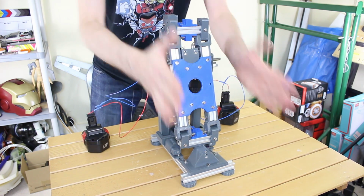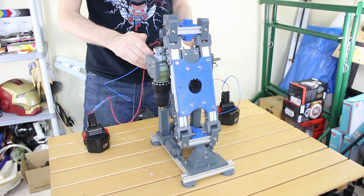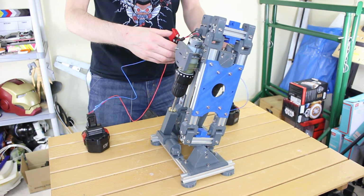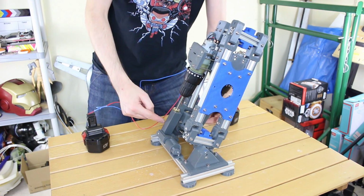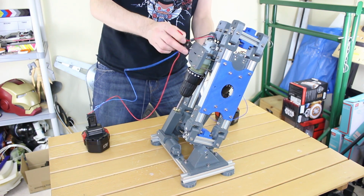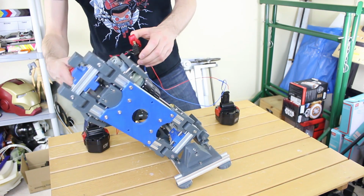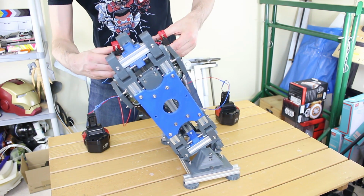And of course it's both motors pushing and pulling, and that's going to be the main load that lifts the robot up. So if we just bring these forwards again a little bit, obviously we can see if we run one way and one the other way, we can pull the leg over to lean over, and of course we've got that triangle mechanism holding it up there, so it should be pretty stable. And let's just run that the other way. Yeah, definitely agile enough there. Obviously at some point it'll overbalance, but it's got enough force there to...